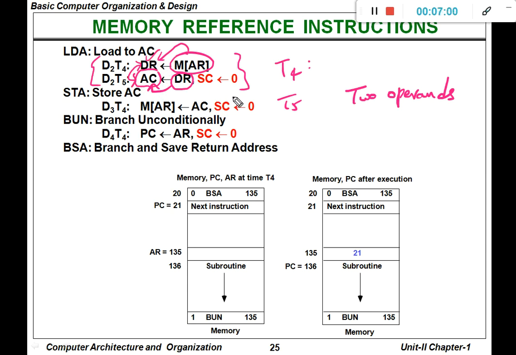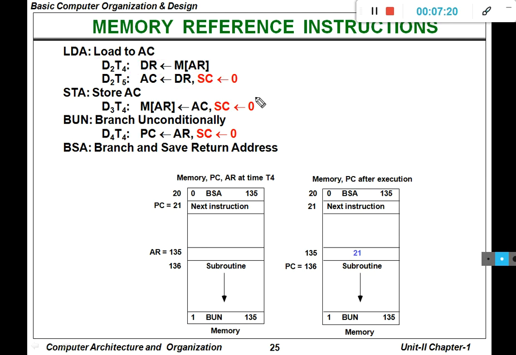So we need to have one operand at accumulator register and another operand at data register, then only it is possible. After performing each operation, we have to set the sequence counter to 0.